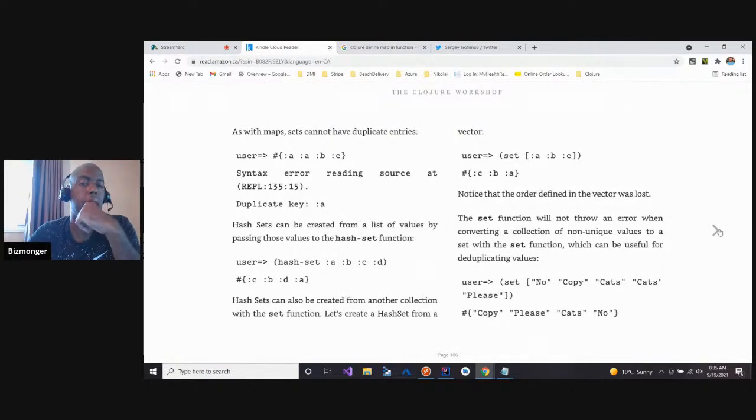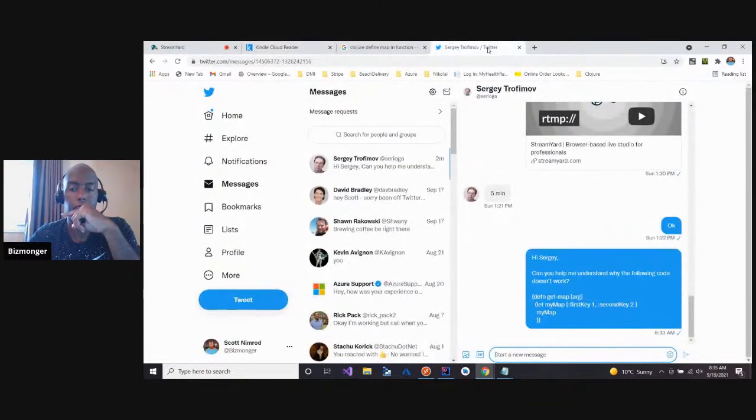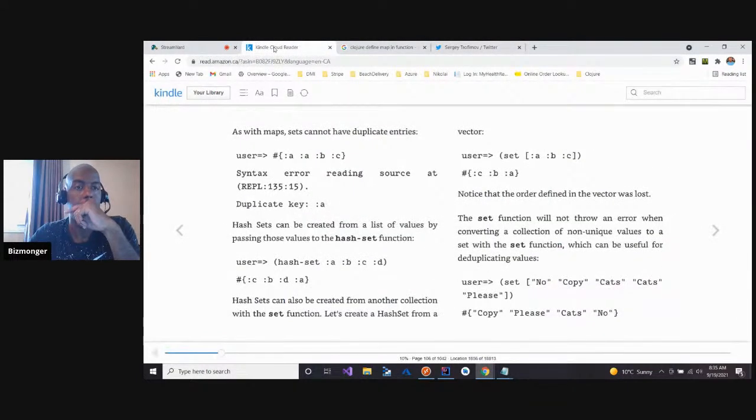As with maps, sets cannot have duplicate entries. So when they have a key like A, B, C, you get a syntax error: duplicate A. Hash sets can be created from a list of values by passing those values to the hash set function.